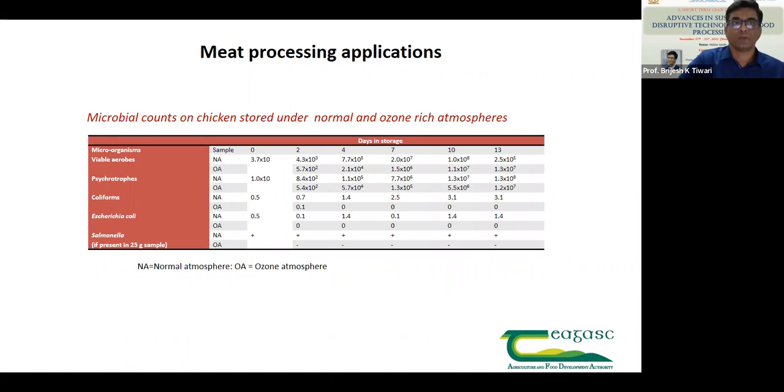This is again microbial count on a chicken stored under normal and ozone-rich environment. And to be honest, this was the study which made us think we can use plasma-rich air for making a cold storage room, what I was showing you this morning and yesterday about the chamber which was built exclusively for plasma air. So microorganisms, as you can see, normal storage and ozone atmosphere, we can see a significant decrease in different types of bacteria, E. coli, Salmonella, coliform, psychotropes, and viable aerobes. So that means